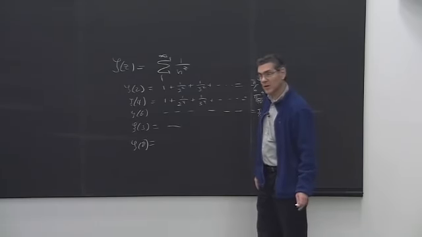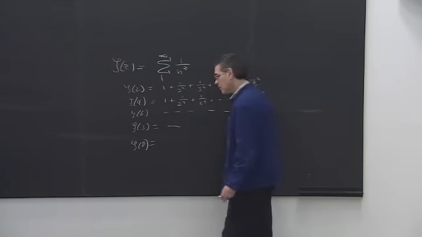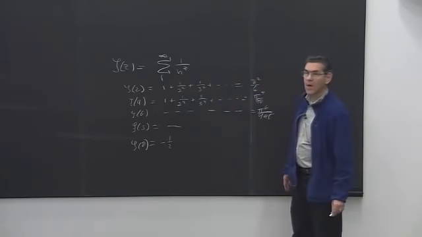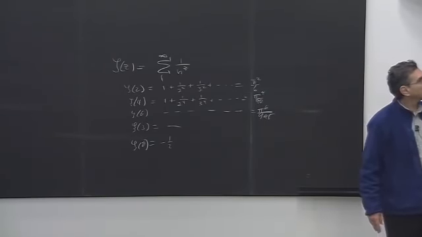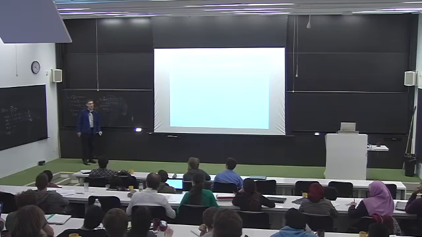If you calculate zeta of 0, you get something like minus 1/2,